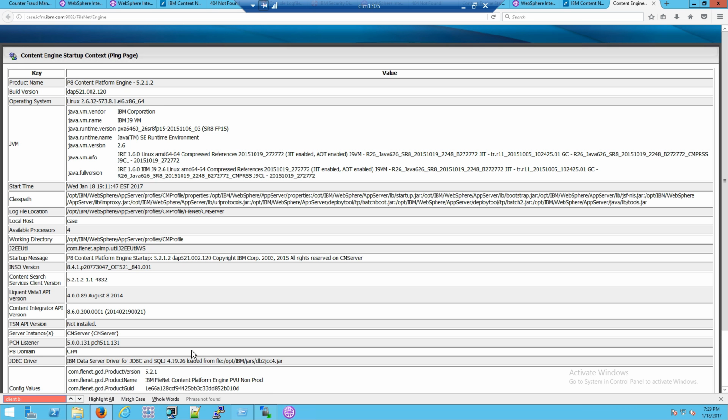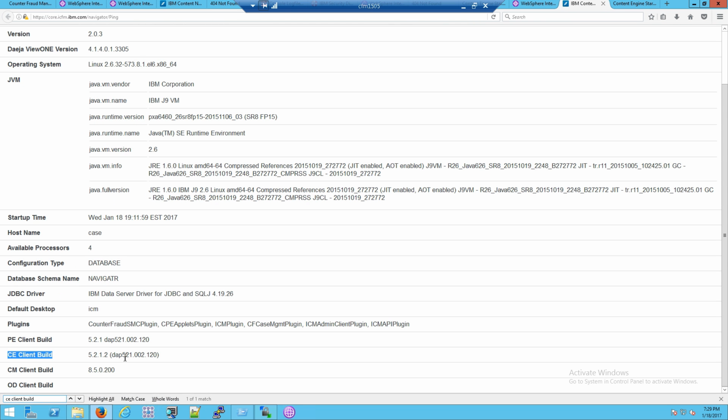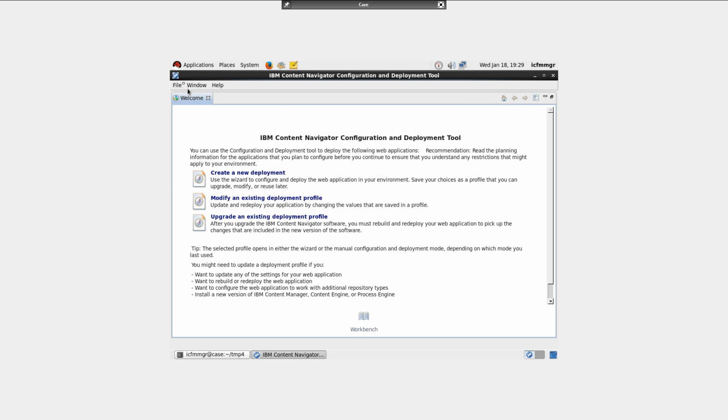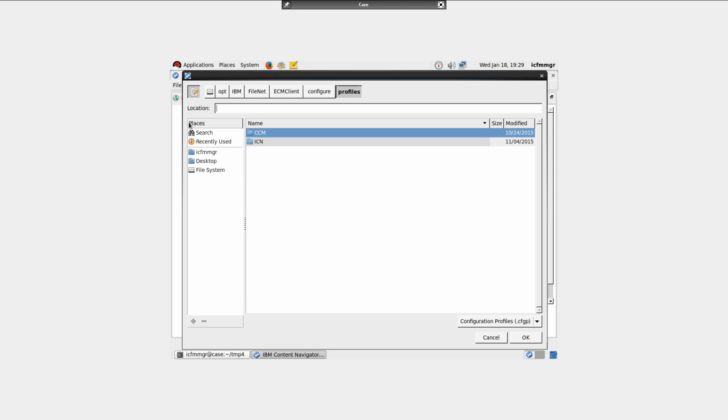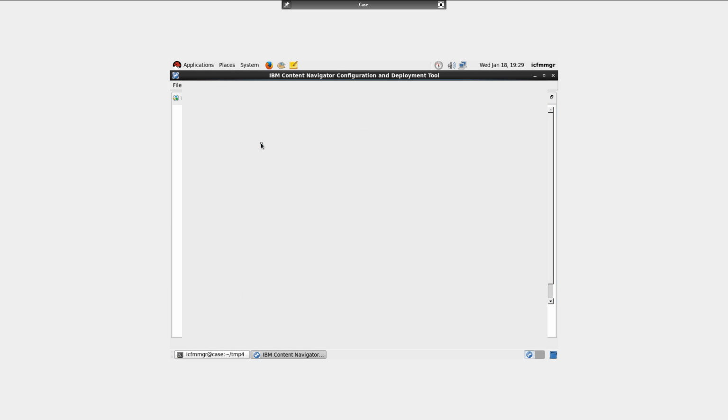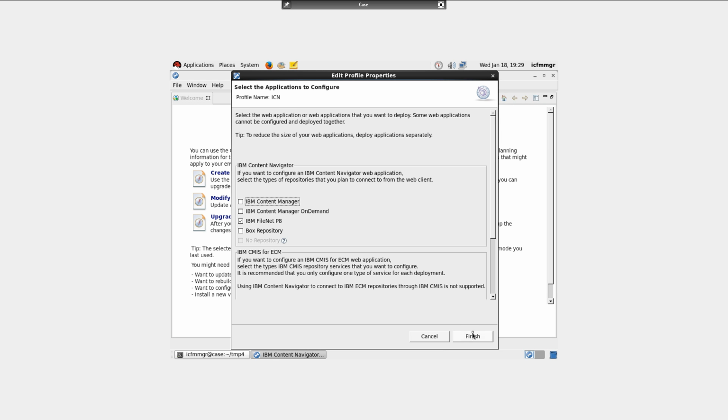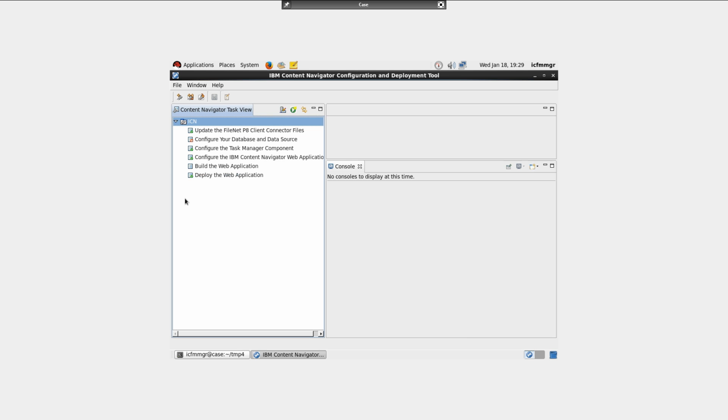Let's see, CE client, or the build actually. So there we go. So DAP 5.2.1.0.0.2.1.2.0. 5.2.1.0.3-ICFM-IF001 and they match. Okay, so now we'll go back here. We'll go to File, Open a Deployment, and so we're on step 6 here. We're going to go to ICN, CFP. We're going to click on Finish, and we're going to skip A, but we're going to go to step B,